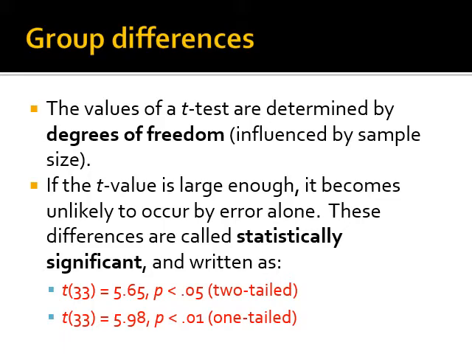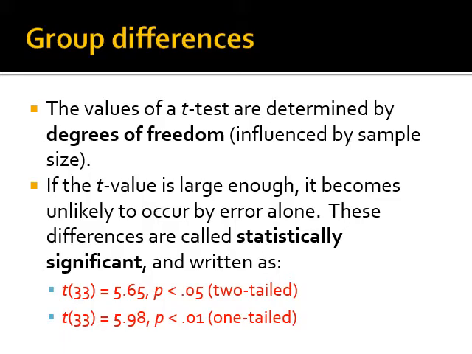If the t-value is large enough, it becomes unlikely to occur by error alone. In other words, it's unlikely that we would find that finding, the difference between means, just by chance alone. These differences are called statistically significant. That's a specific term that's used, which basically means that there's less than, say, 5% error rate or likelihood of error, of that finding being just chance or error rather than actually existing,